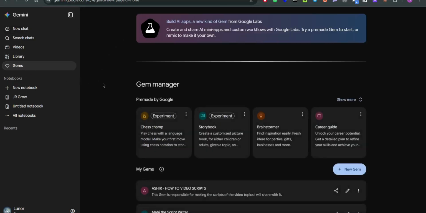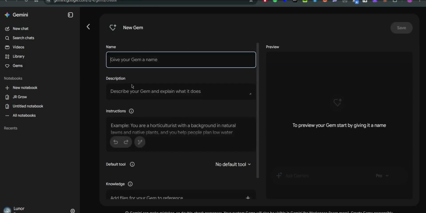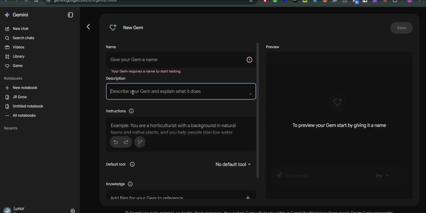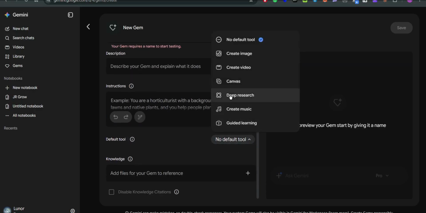So how does a gem work? Over here you will see Gem Manager. In here you guys can create a new gem. Here you can add the gem icon, gem name, gem description, and instructions, specifically what you want it to be, and the default tools like what it's going to use, like create image, create video, Canva, deep research, create music, guided learning,